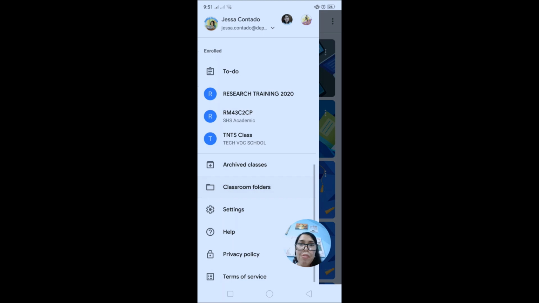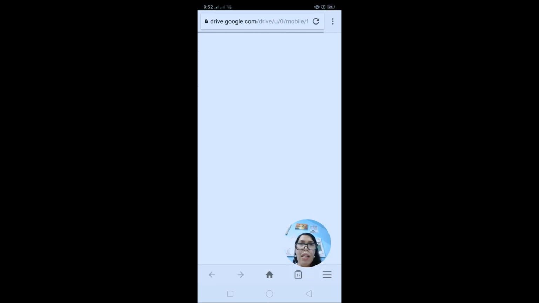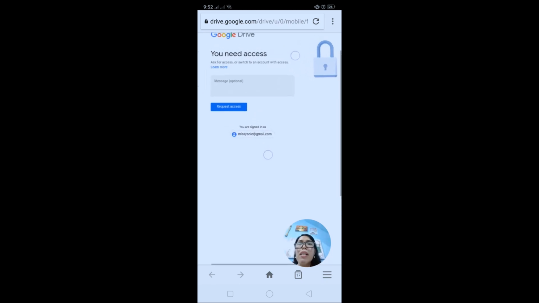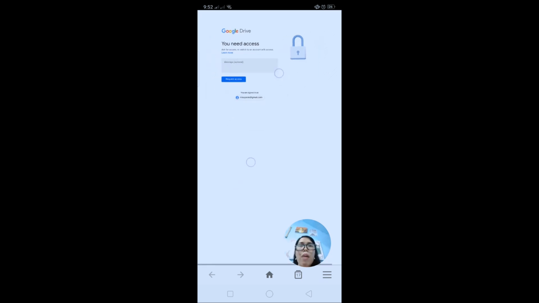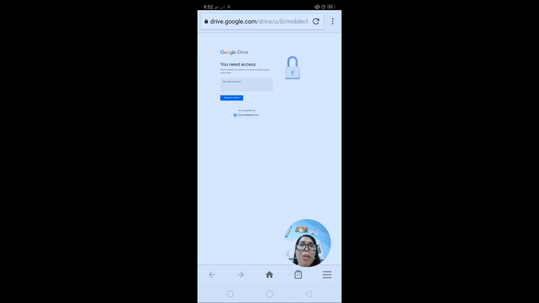For classroom folders, all the things that are put here, whether Docs, Google Slides, Google Sheets, and other apps that you use in Google Classroom are stored in the Google Drive. I need access because I'm using my personal email, so I'm going to sign in differently as Jessa.Contado for DepEd, for my DepEd email. So I will no longer do it, but for you as the